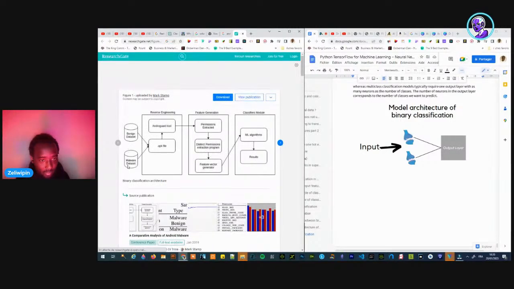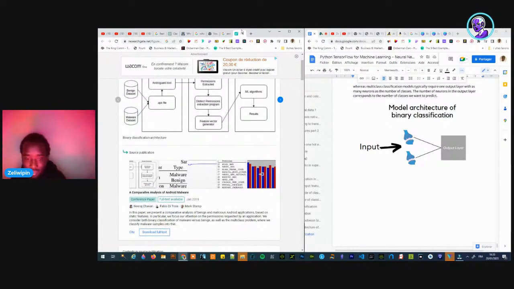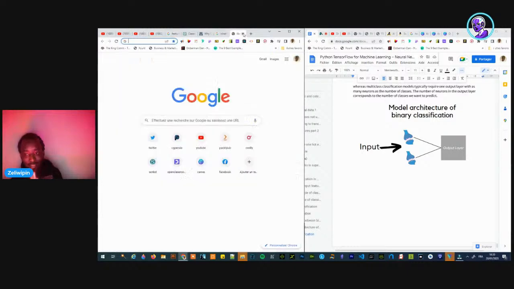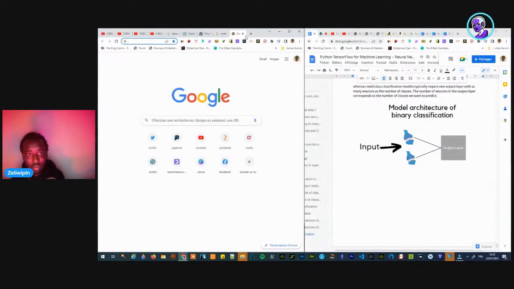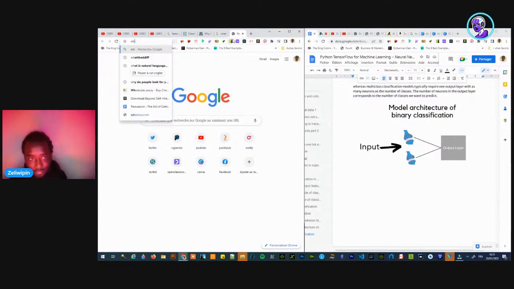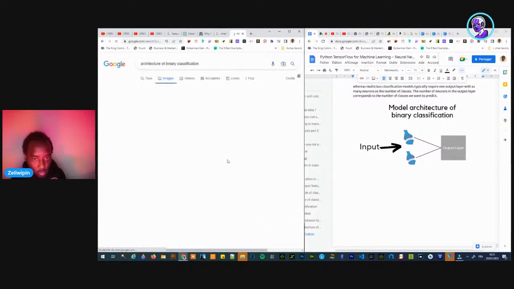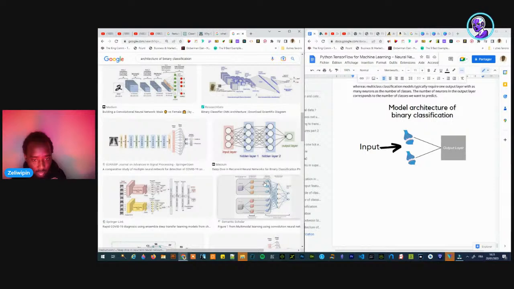Malware dataset, benign dataset. No. I think I have the most accurate representation of a binary classification architecture of the whole internet. That's what I think. I don't see anyone else who has a better thing.